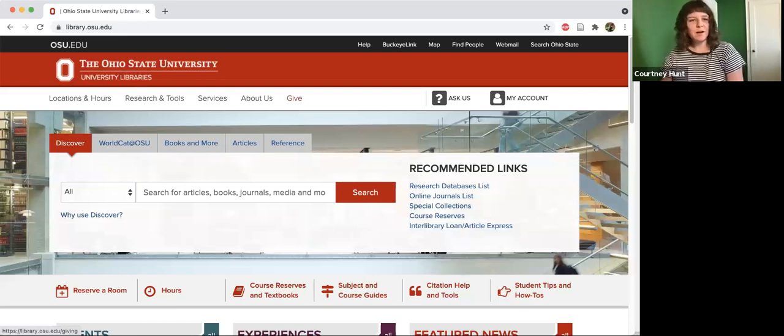And today I'm going to show you how to find a print book in the catalog. So I'm going to go ahead and share my screen. So here we are at library.osu.edu. In order to find a print book in the catalog, we're actually going to go to our advanced search